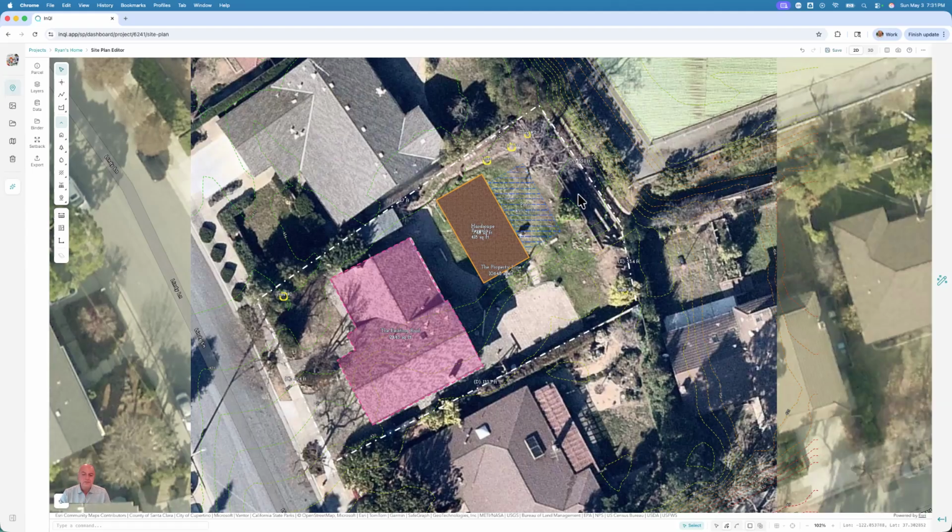Now, so now I have this. I have developed my plans and so forth. I can do a couple of things. I can export this thing out as a new site plan, but maybe I want to talk to my client and say, what do you think? Maybe I'm a homeowner, I want to talk to my designer. I said, this is what I'm thinking. What are you thinking? I go through 3D,